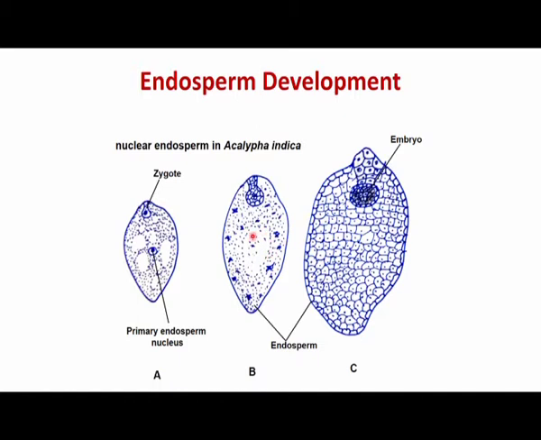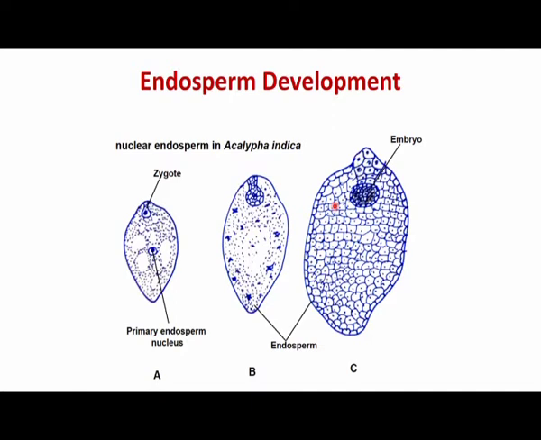So, as soon as it forms a vacuole in the beginning, in the center, that actually pushes all the nuclei to the periphery of the embryo sac, and after that the second phase starts, where multiple cleavage happens and all the nuclei present on the periphery of the endosperm then get their cell wall, and finally all or most of the endosperm is converted. So, after that it becomes a cellular tissue mass, and that is how the endosperm is developed.